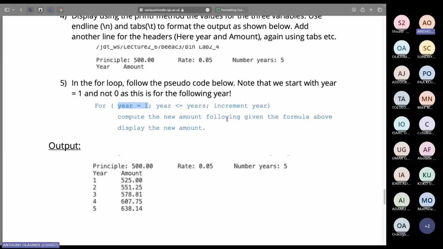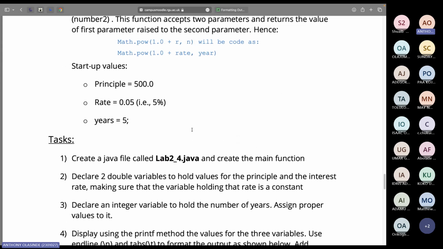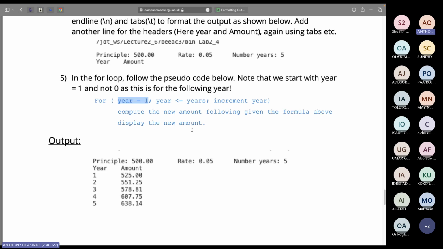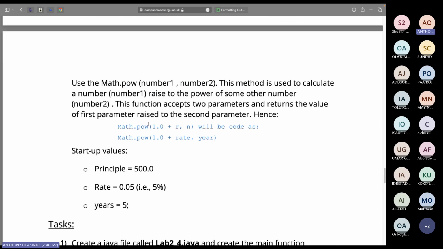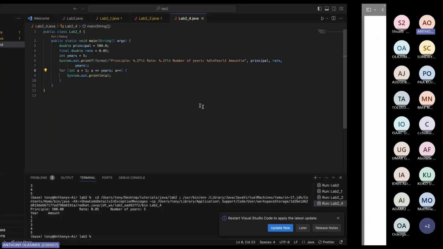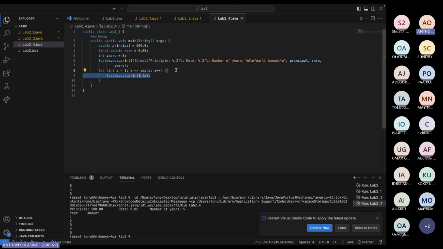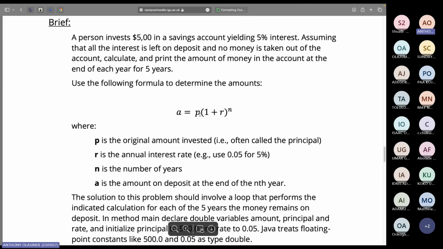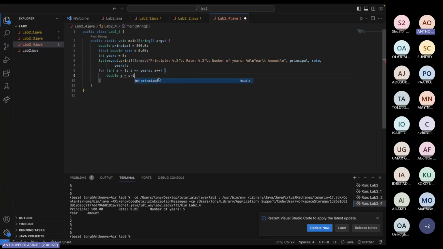Compute the new amount following the formula above, and display the new amount. So using this formula here, we'll say double a equals, what is p? P is principal. So principal